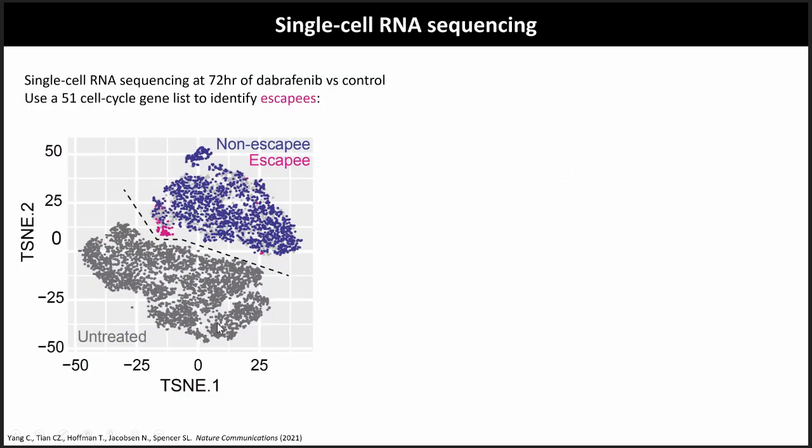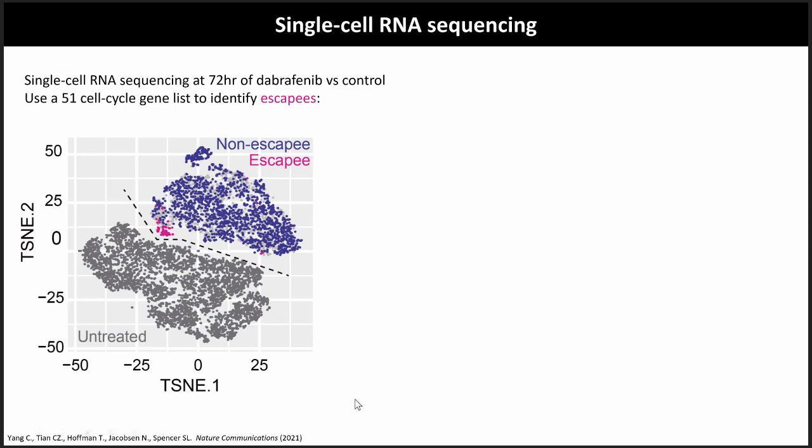So to understand what was driving these SKPs, we use single-cell RNA sequencing. On the bottom left, you see the untreated cells, and in the top right corner, the treated cells. A major challenge in our field of single-cell biology is mapping between 2 different techniques. For example, long-term time-lapse microscopy, where you can track cells over long periods, but you can only measure a few signals in a single cell, versus, of course, single-cell RNA sequencing, where you can measure many, many things, but only at one time point.